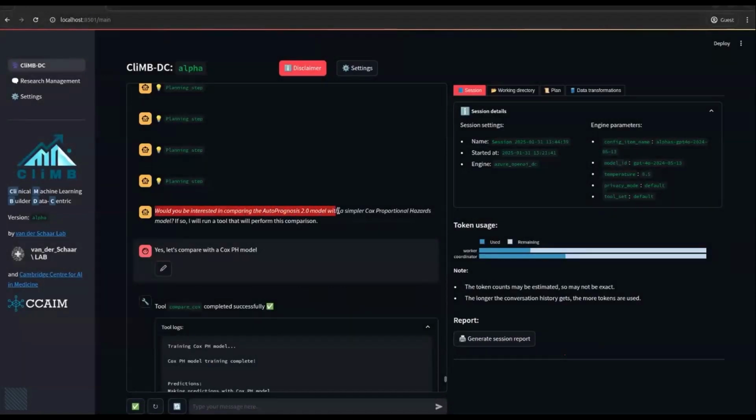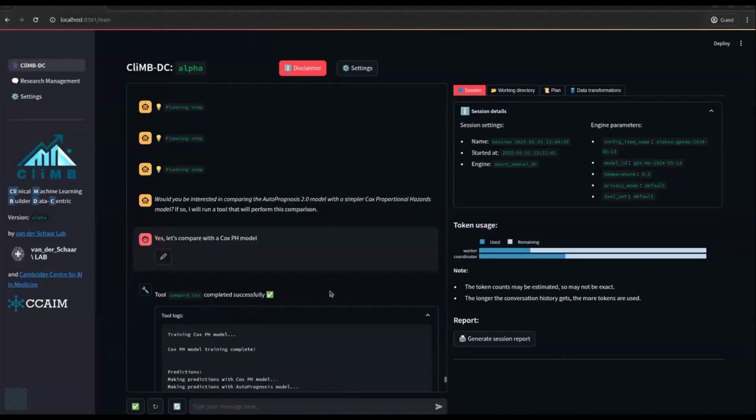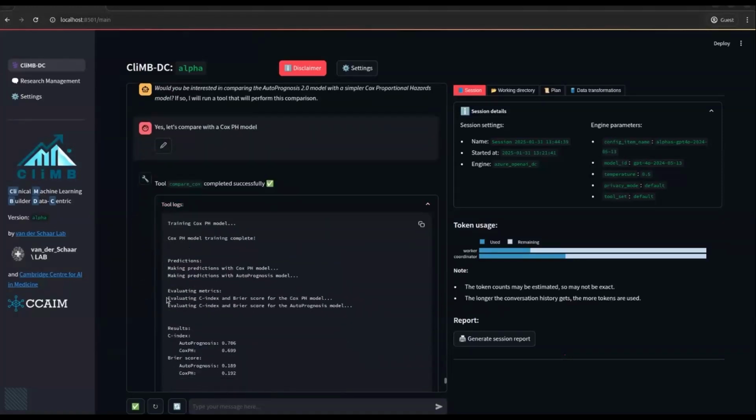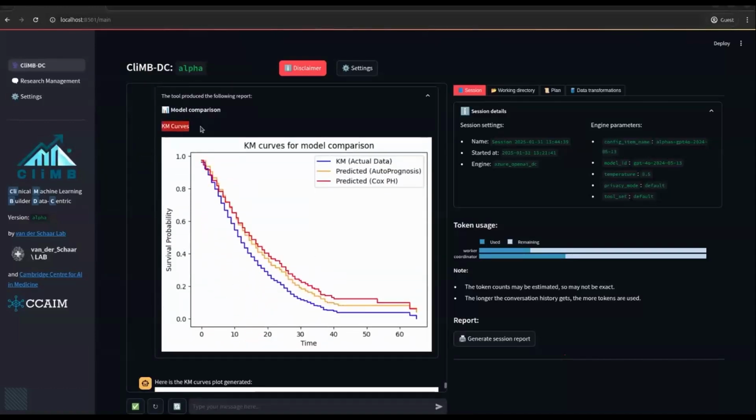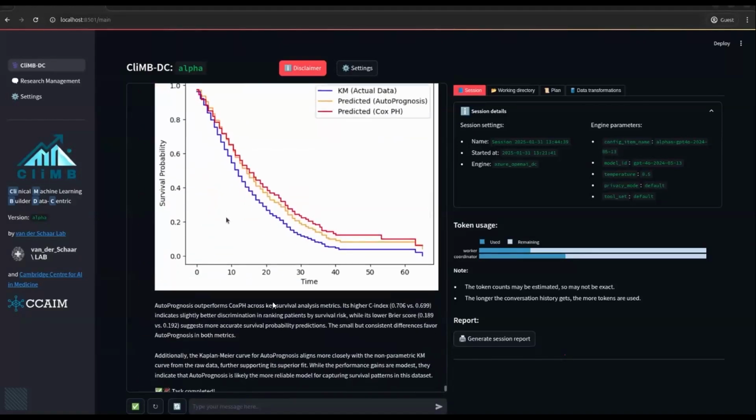Now, another thing is, well, could we compare this advanced machine learning model from autoprognosis with something much simpler, which is just a plain vanilla Cox-PH? Indeed, we can do that, and CLIMB will train a basic Cox-PH model and compute different metrics, and even construct KM curves for us for both approaches. So that is, in blue here is the actual data's KM plot, in orange is autoprognosis, and in red is just simple Cox-PH.